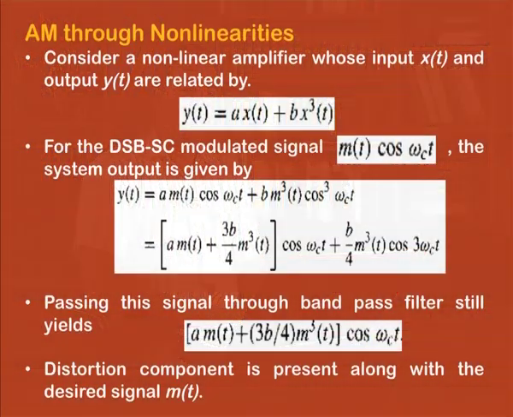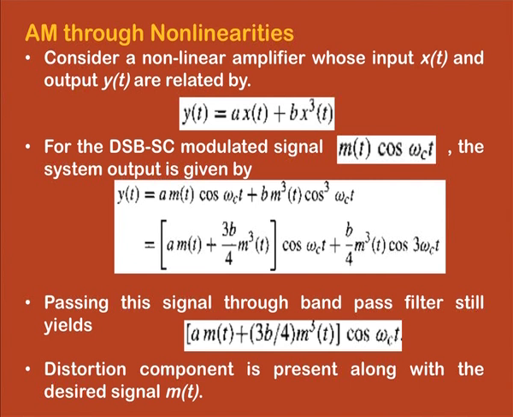Whereas, if we now consider an amplitude modulated signal going through these nonlinearities, so we consider a nonlinearity which is of third order. So, y(t) is equal to a x(t) plus b x cube(t). We could have considered similar expressions, but that would have been very complex to explain the kind of distortion AM signals go through. So, we are just taking a simple nonlinear equation of third order, and now if we take the input signal to be a DSB SC modulated signal, which is given by m(t) times cos omega c t,